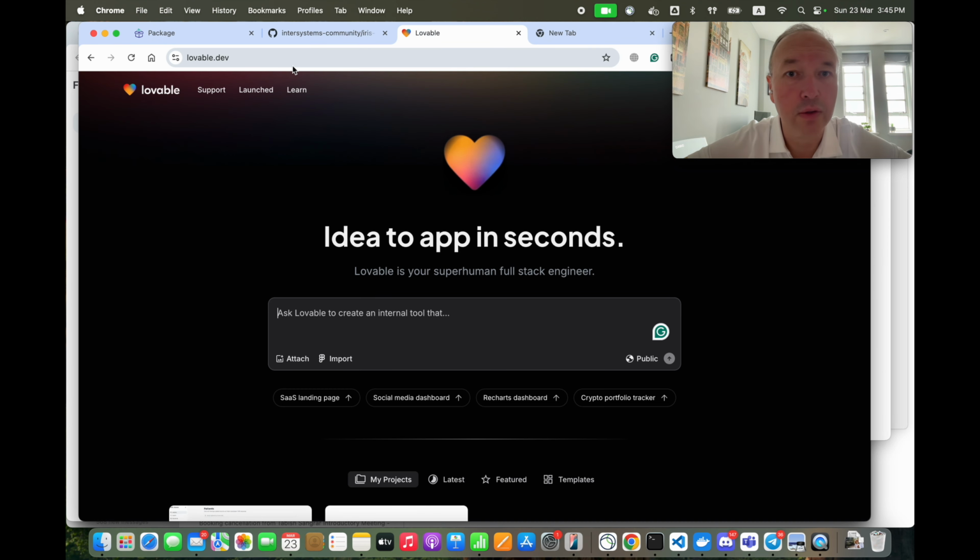Lovable is a startup, still a very impressive UI tool. And it's a prompt-to-code driven paradigm. So I can just type here,